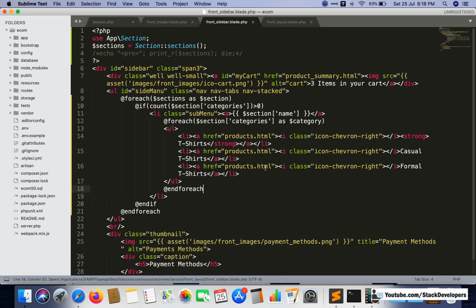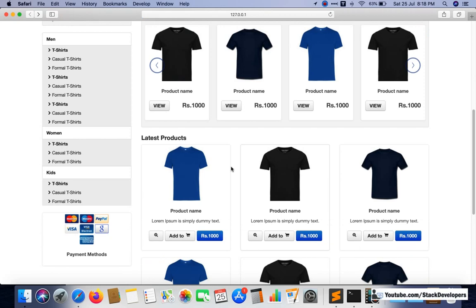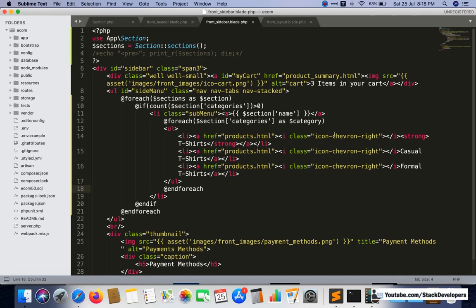Now our foreach loop is ready. We can check once again, and you can see that categories are now coming correctly.